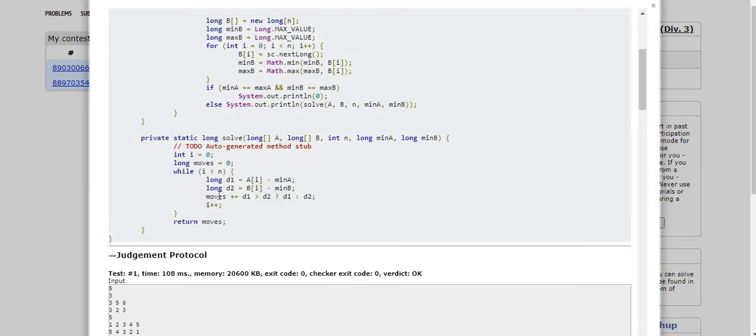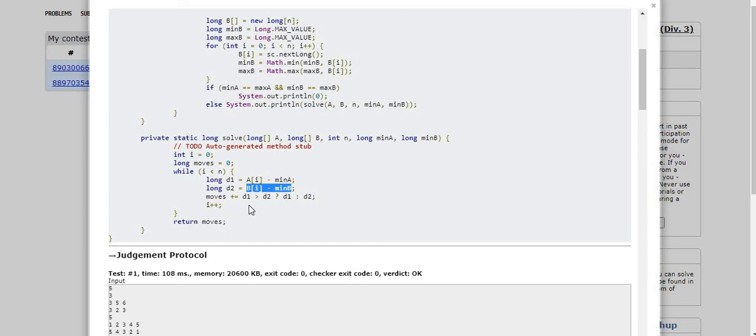For array 1, at the ith index, I subtract the minimum value from that value. Similarly, I perform the same operation for b, subtracting the minimum value from b of i.